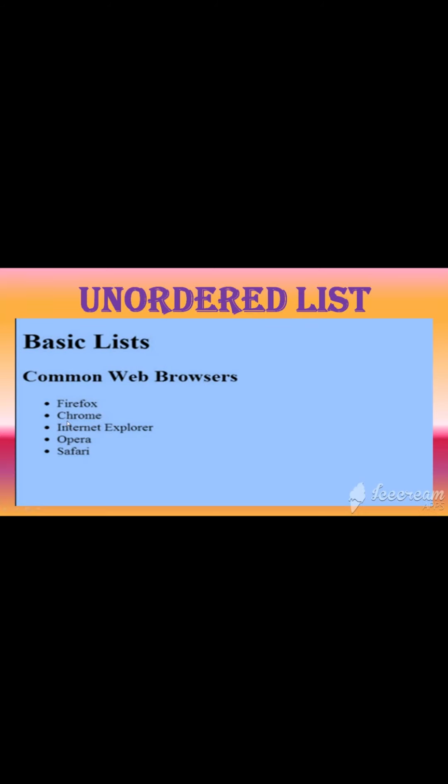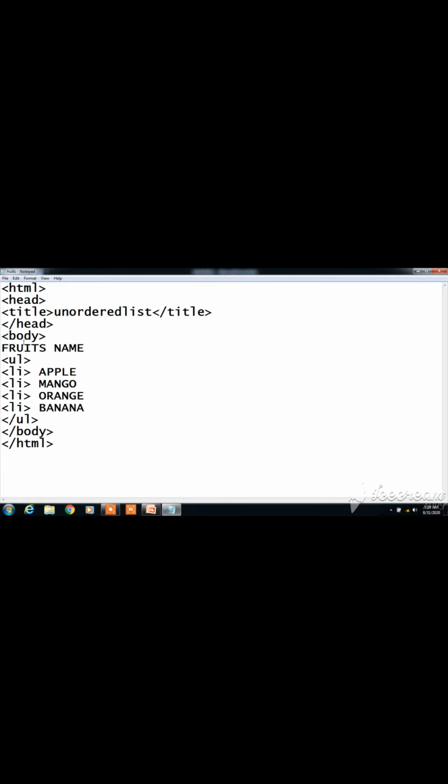Now let us type one code in the notepad and I'll show you the output. You can also practice these things at your home if you have system, and you can write the code in your notebooks also. Now my dear student, let's see the code and we'll see the output. See this code. We have created a code for unordered list. I wanted to create an unordered list of fruits name on my web page, right?